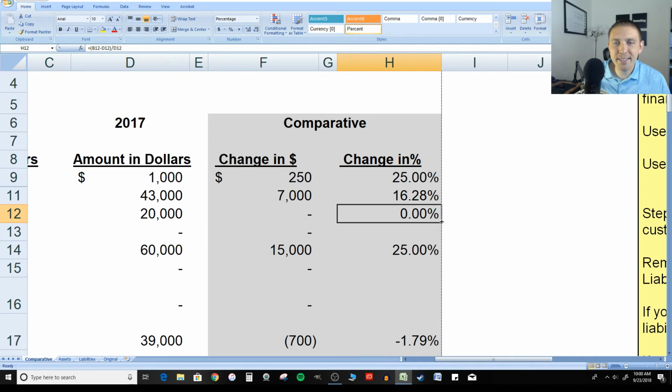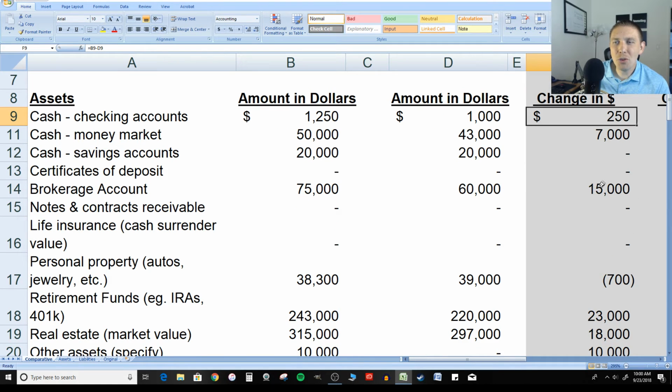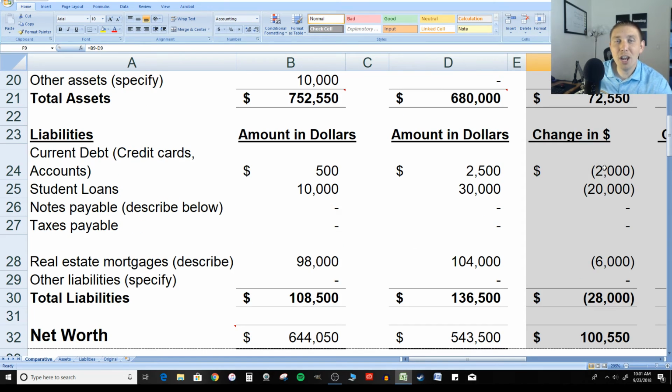But if you have information in these columns, just click this little guy here and drag it down, and then it will update automatically for you once you have your numbers here. So this will show you the dollar change. So from 2017, Chipper's checking account had $1,000. In 2018, it has $1,250. So that's a $250 change. So all the way down, it shows the change in Chipper's assets,